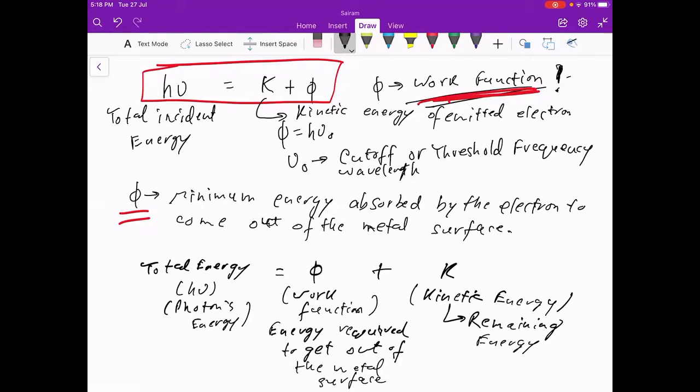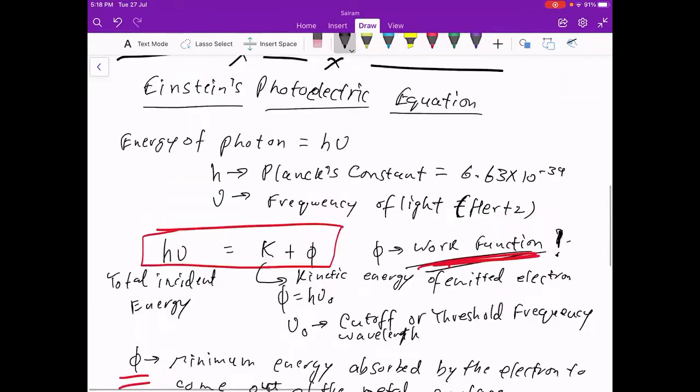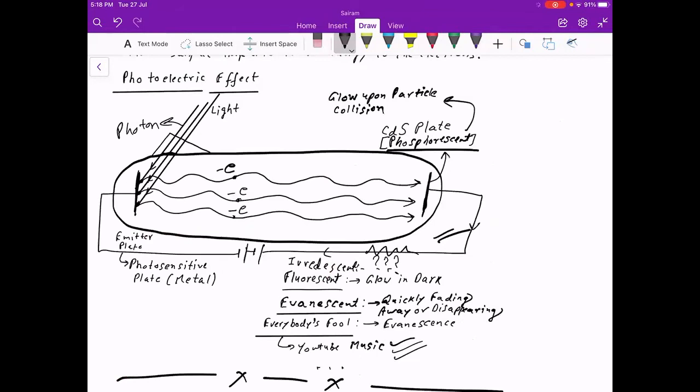It is totally possible that the work function is equal to the total energy. Then you'll have zero kinetic energy, that the electron only comes out, but it has very close to zero speed. Okay, so that's not a very good thing, because you want the electron on the absorber plate where it is being absorbed. So it is necessary to have some kind of kinetic energy on it. But the thing is that there is a positive potential here. There's a negative potential here according to this battery. I hope you're able to see.